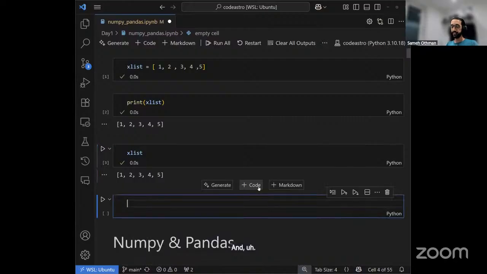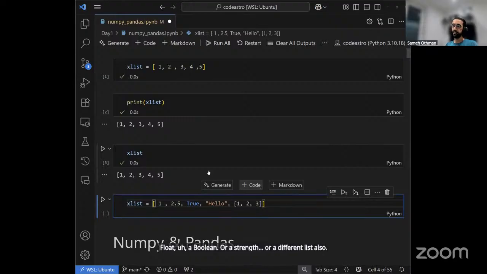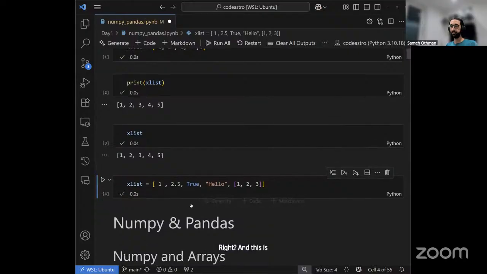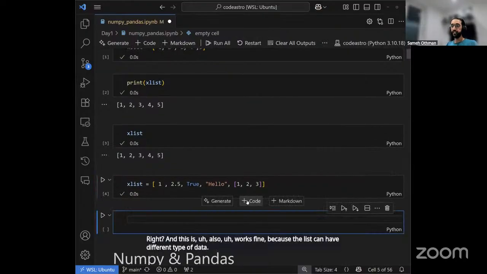And a list also can have different types of data. So we can have an integer, a float, a boolean, or a string, or a different list also. Right, and this also works fine because the list can have different types of data,